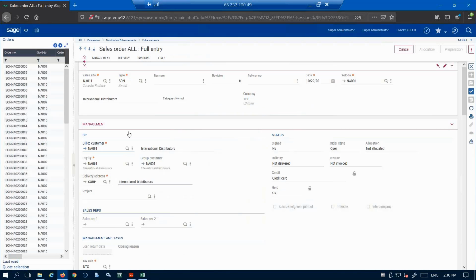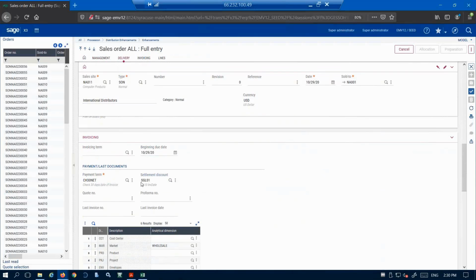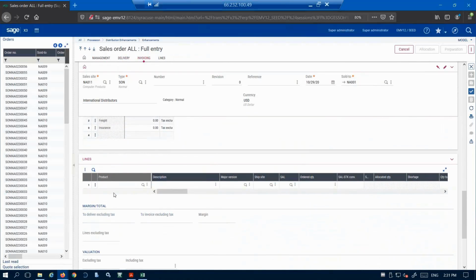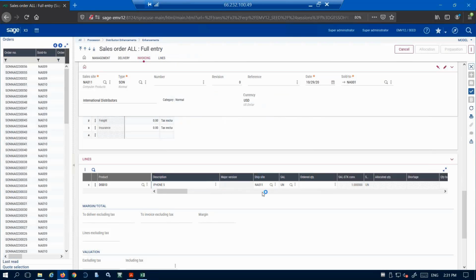And we'll do international distributors. Now we'll go to the invoicing tab. And so payment terms, this customer is defaulted to a net 30. So I'm going to change the payment terms to credit card. And then we'll enter in what we're selling to the customer. So we'll sell them an iPhone today, and we'll sell just one of them. So now that we have everything built, we're creating the invoice, attaching it to the customer, payment terms is credit